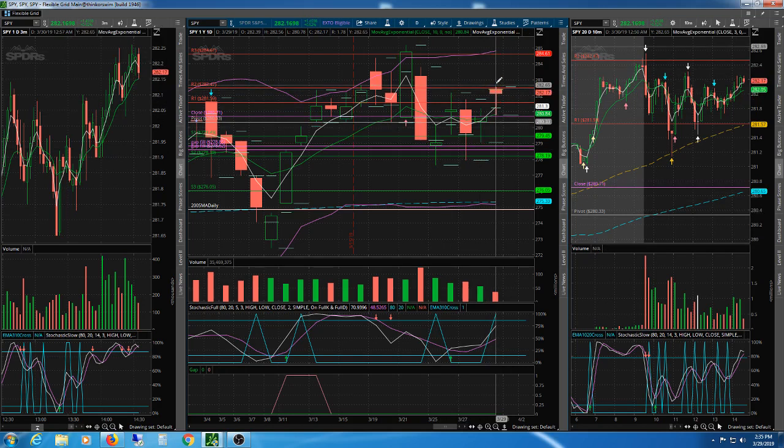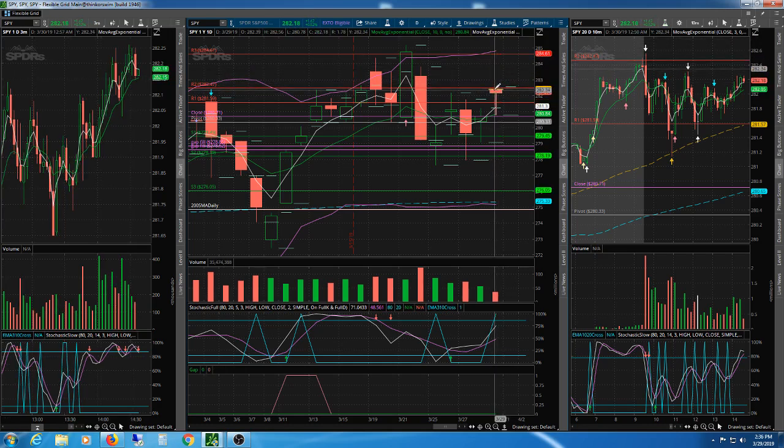If we end up closing above the open today, and this ends up being a green candle, maybe we'll go green Monday. If this stays as it is, as a hanging man, then we might see a little bit of pullback. But again, at least in my experience, hanging man isn't that reliable. So